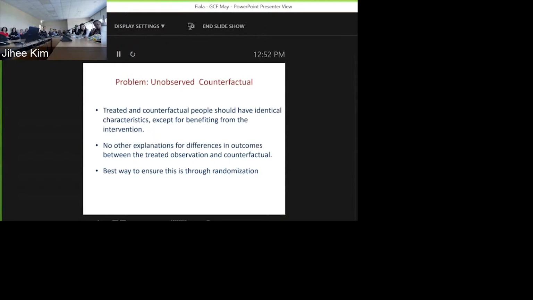The key here is that we want the people in the counterfactual group to have, on average, the same characteristics. I want to be a little bit careful with some of my language here, because they're obviously not identical to the treatment group, but on average, they have the same characteristics. So when we talk about a group of people that receive a program, and a counterfactual group that we want to compare them to, we have strong belief that they look the same on average for the most part.